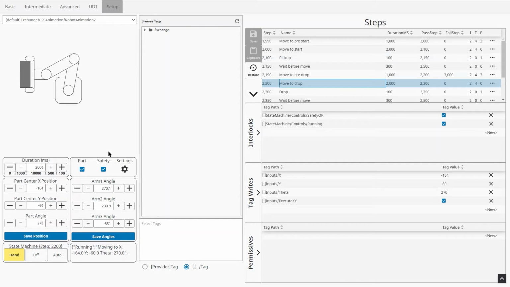You can also move it using these controls. Moving it in X, moving in Y, and you can even rotate the part. Now you'll notice that it's rotating around the center of the part actually. This is different than making the arm 3 rotate, which will rotate around this center, as seen by this. And you can see once I change one, the others also update.